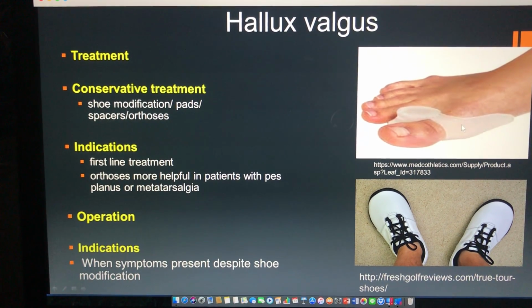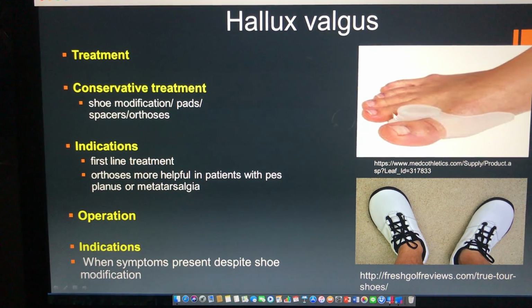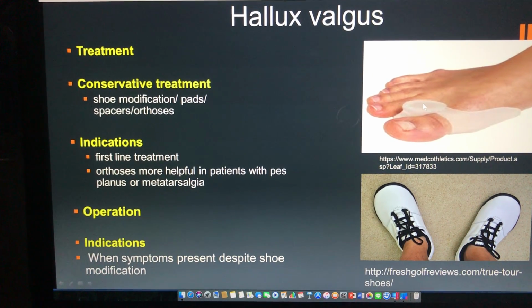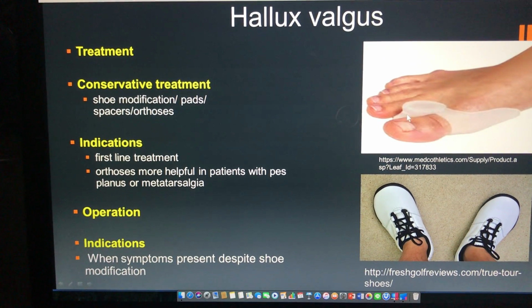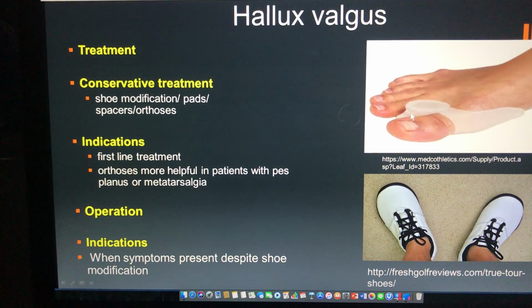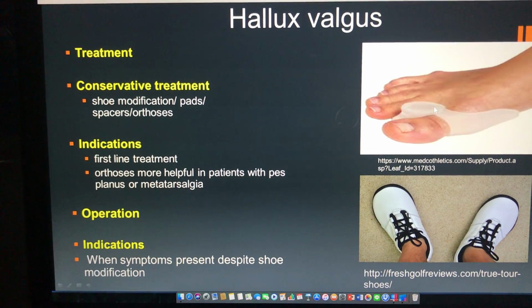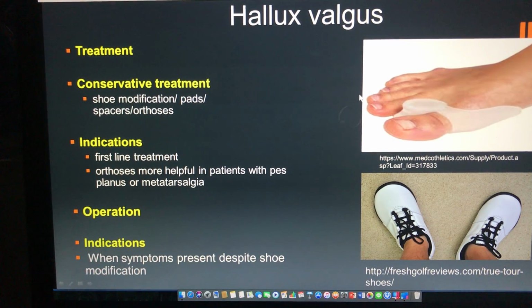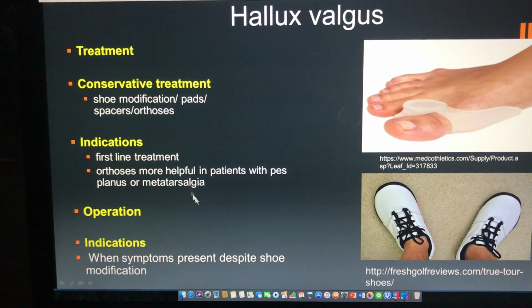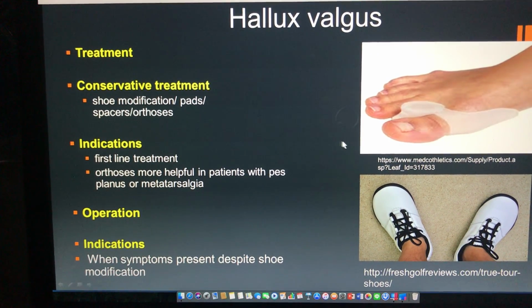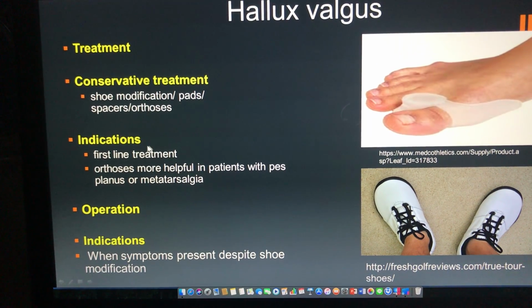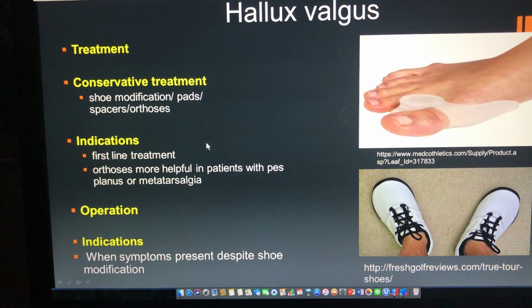Patients usually have less pain. So this type of orthosis doesn't fix the problem, but it helps for pain. We can say pain improvement, and sometimes it can delay the process of the stage, as shown in the picture earlier. So this is the first line of treatment, and some patients may have an underlying gastrocnemius contracture